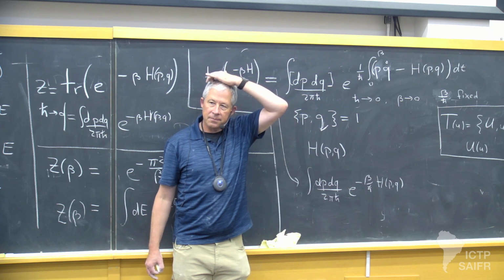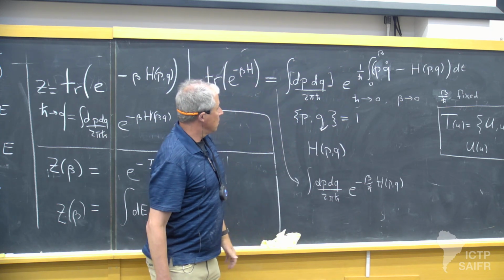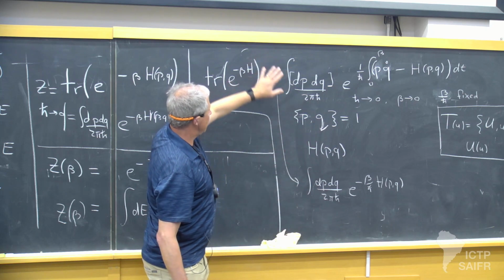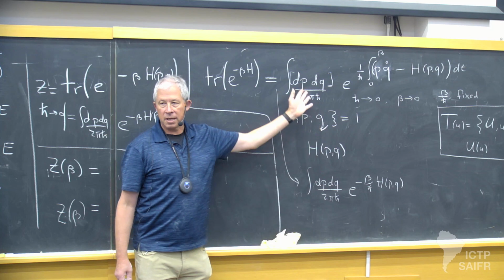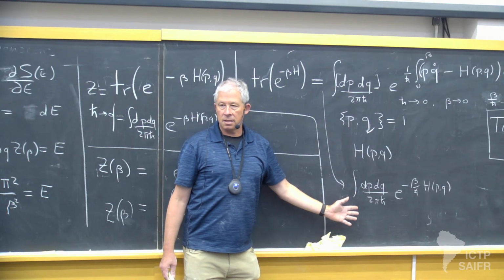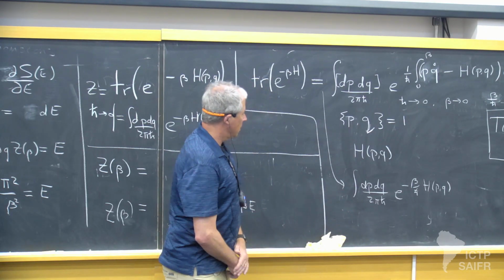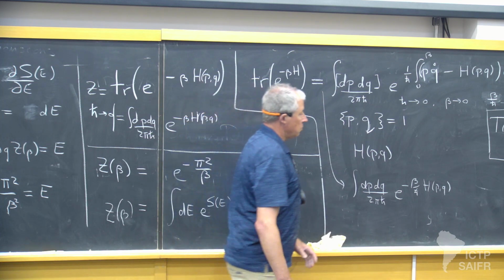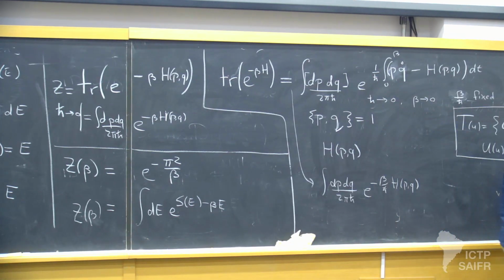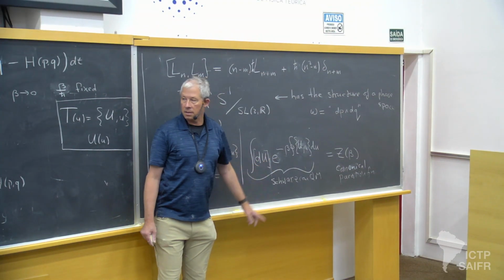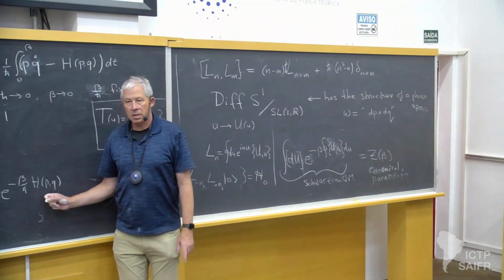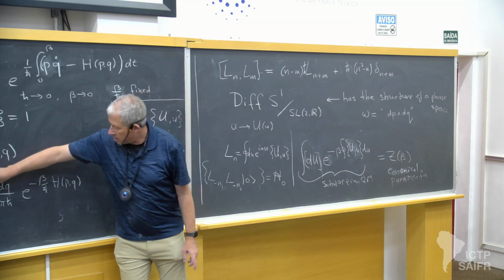So this is a general fact in how to go from quantum mechanics to classical mechanics. This was actually the way in which, in the paper with Turiaki and Mertens, we were able to solve for this theory, by using the fact that this path integral can be interpreted in this particular way, where this dp dq integral